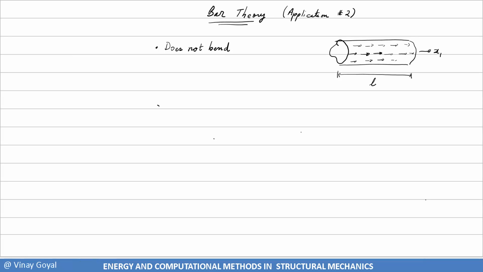For the displacement assumptions, you first have to state the assumptions. That's step number one. If this bar cannot bend, just stretch and compress, then state the assumptions first. Typically they'll be provided, unless you're doing your own PhD thesis, in which case you have to come up with those assumptions yourself. But the assumptions for these theories are typically going to be given to you, and I'll give them to you as we move along. The assumption for this theory is that this bar can only stretch